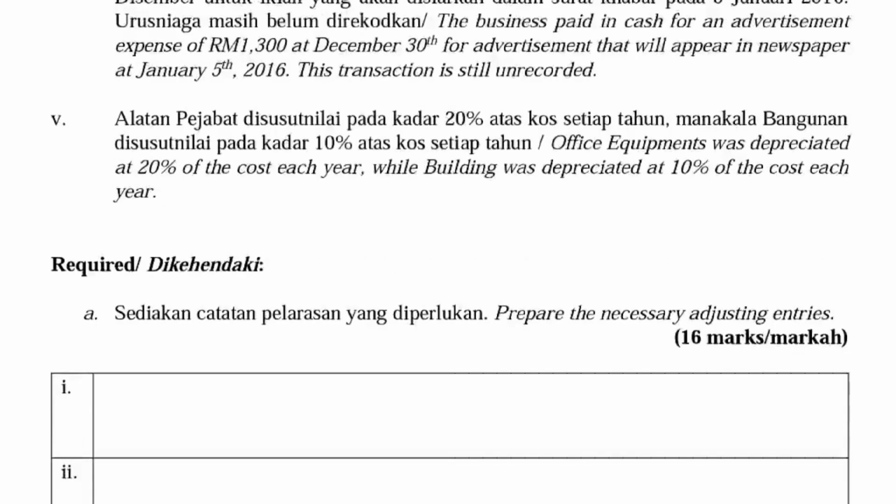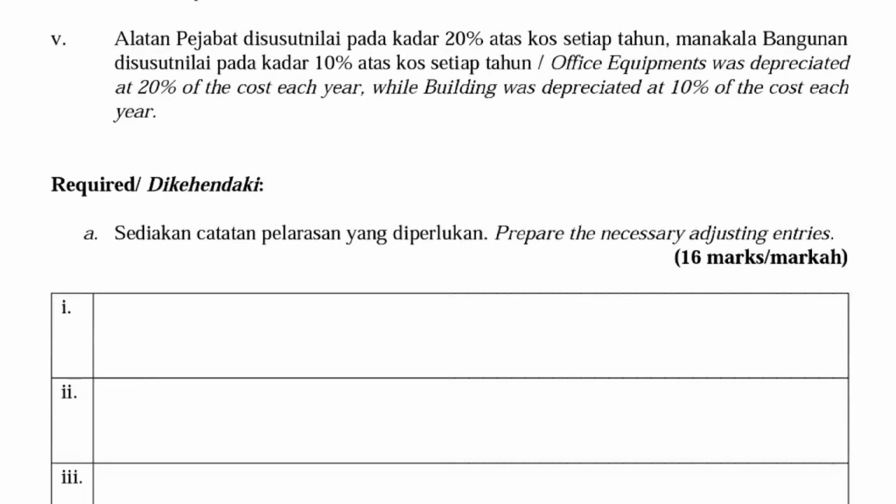So how to do the adjusted entry? Okay, you have to memorize this. You have to memorize the way to do adjusted entries for depreciation. The basic entry is very easy: debit depreciation expense, credit accumulated depreciation. So for this question, first, the adjusted entry for number 5 information is debit depreciation expense. The amount is 76,060,